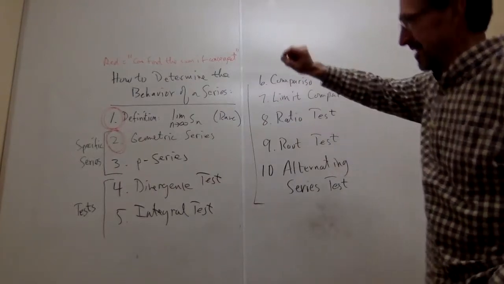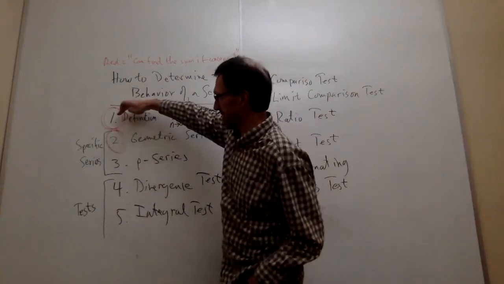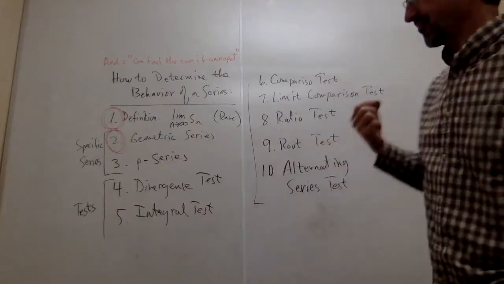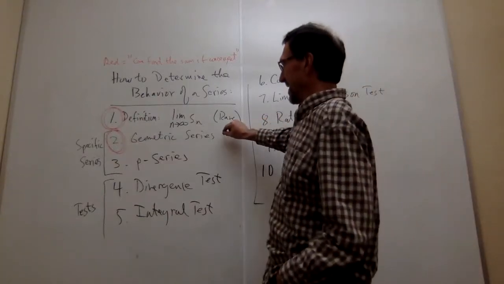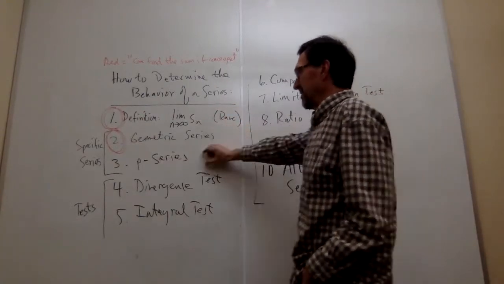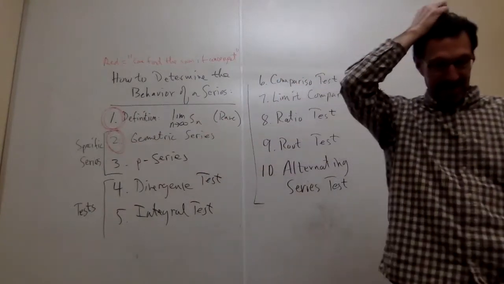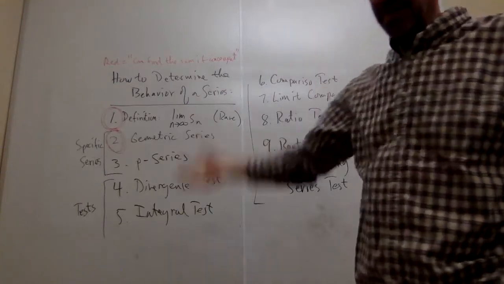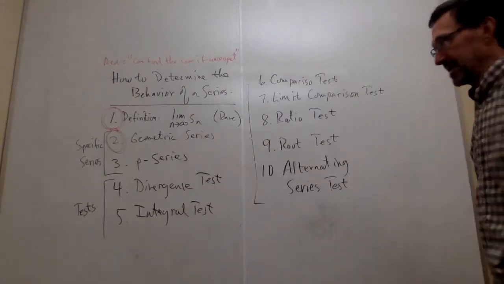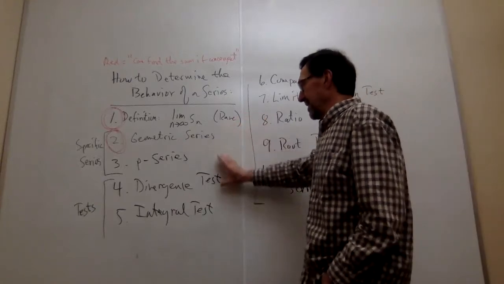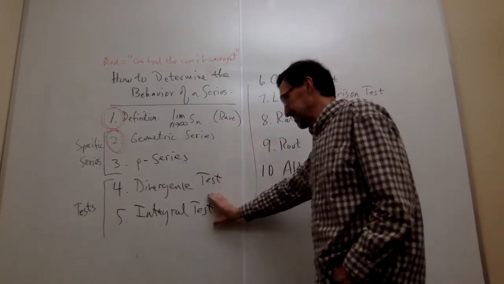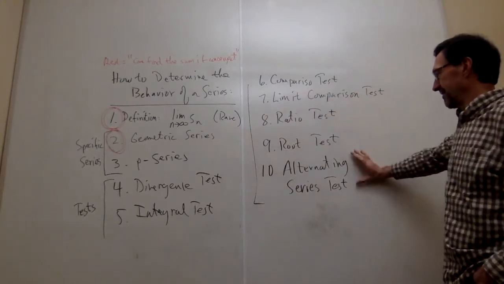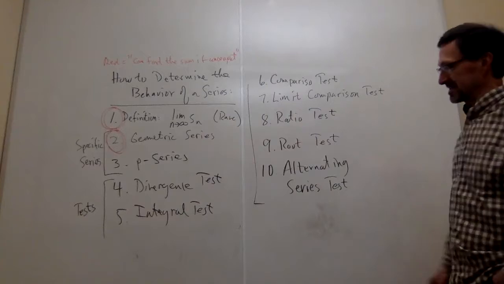All right, so notice I've also separated them into kind of 3 categories, the definition here, and then we have some specific series that aren't really tests. Geometric series, we know when they converge, we know when they diverge, we know 100% of the time, and then we have the special case, p-series. And we know then that a p-series converges if and only if p is bigger than 1. If it's less than or equal to 1, it diverges. So we have specific series here, and then we launch our tests: the divergence, the integral, 2 comparison tests, ratio, the root test, and finally, the alternating series test.